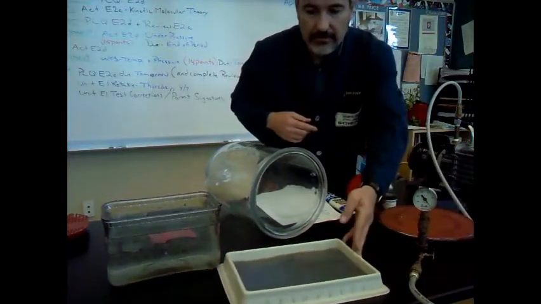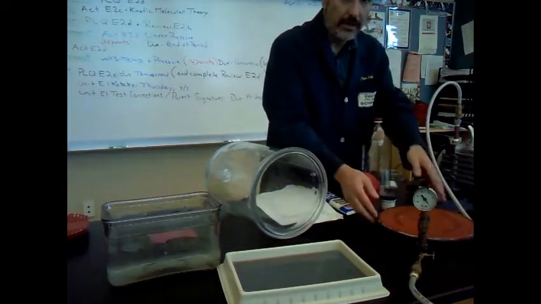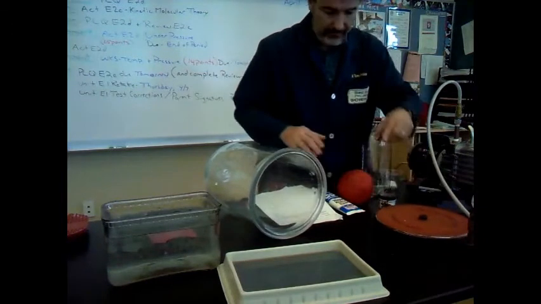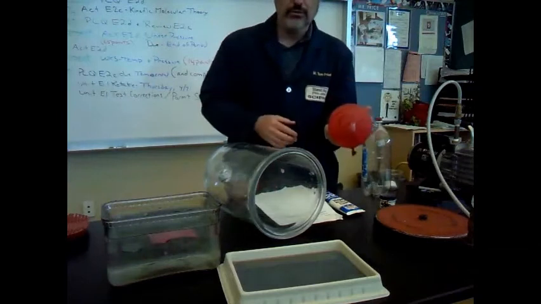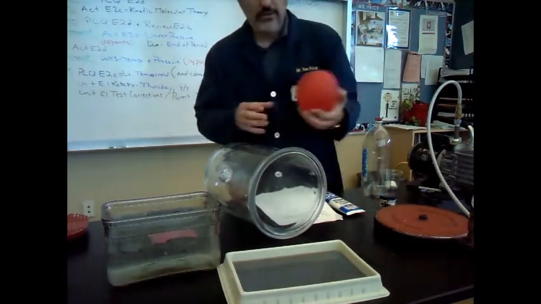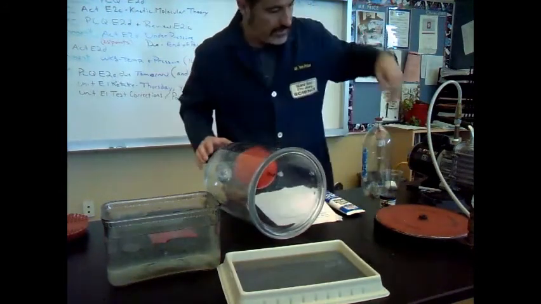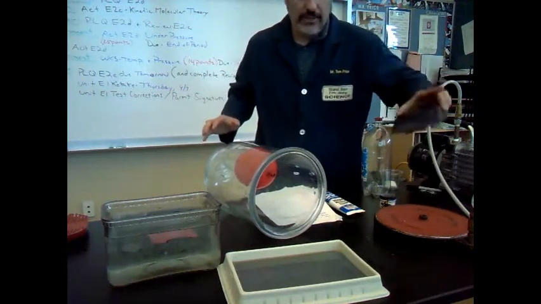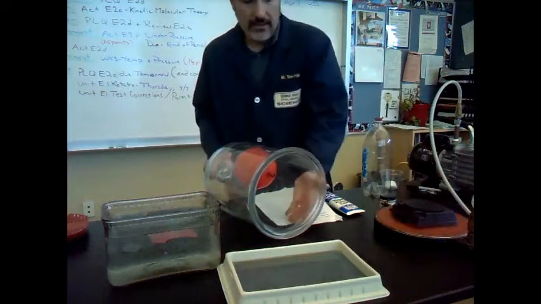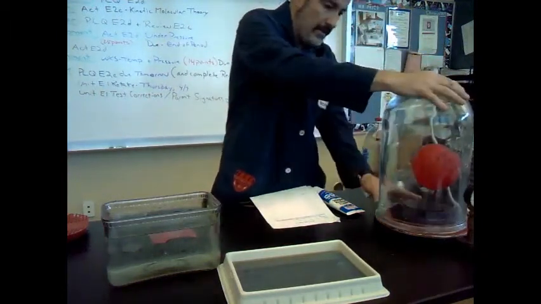The valve has the pressure indicator on it. There's a valve in the back, which I'm going to close off. I'm going to take a balloon with a little face on it, tape the balloon to the inside. Just in case, I'm going to put a little stage over the bottom of the hole inside the vacuum chamber. And then I'll place the bell jar